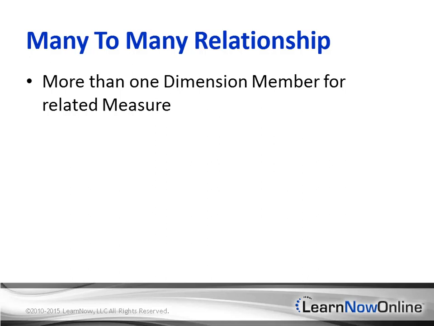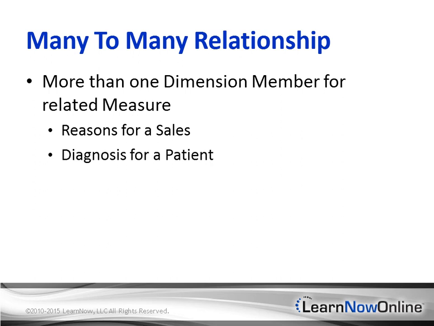A many-to-many relationship allows end users to have multiple members of a dimension for a measure group. There are times when more than one label is needed to categorize measures like sales and gross profit. This could be a sales reason in an accounting database. Or it might be a diagnosis for a patient who could have multiple diagnoses for a single visit in a